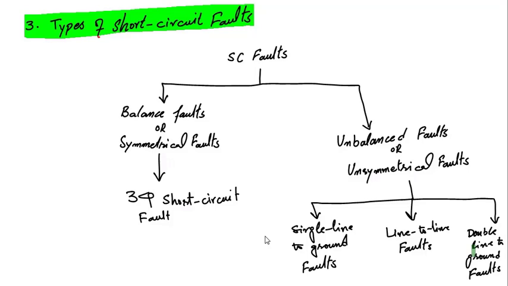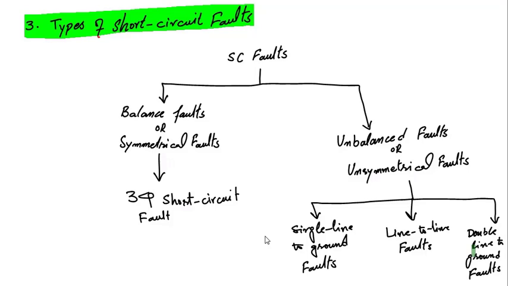Remember, the three-phase fault analysis is done for the selection of a rating of power system equipment. Mainly that includes circuit breaker and current transformer. These two are decided based upon three-phase short circuit fault. Okay. Then what is the purpose of performing single line to ground fault, line to line fault, and double line